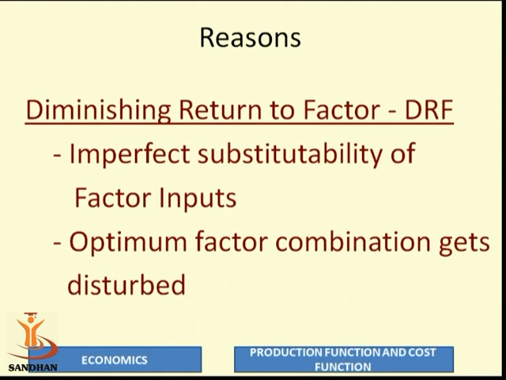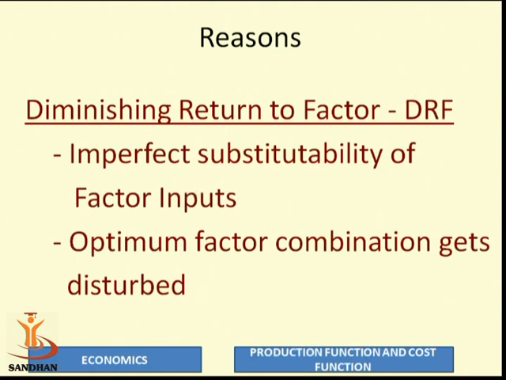But what happens after the point of inflection? The output increases but at a decreasing rate. Why? The first reason is that you are not getting perfect substitutes of factor input. Some of them may go out, so you are not getting the best substitutes. That is the biggest HR challenge today. It's not recruitment. Give an ad, you will get recruitment if your company has huge goodwill. But retaining the best workforce is the biggest HR challenge in today's contemporary business world. So that's not happening, and that's why the output started increasing at a decreasing rate.